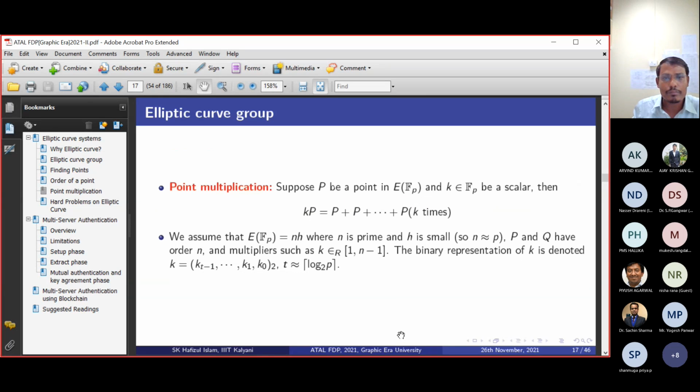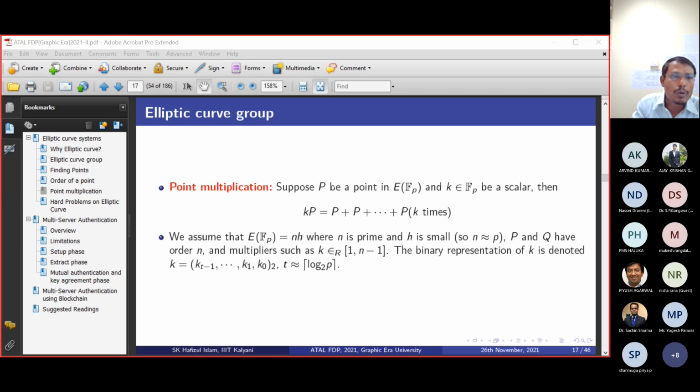So this is called the point multiplication operation. Here k is a scalar like 5, 10, 7, whatever, multiplied by an elliptic curve point. This kind of operation you have never encountered, so it is not a simple multiplication. What you can do here is use the concept of repeated addition. So kP means we are adding P plus P plus P, k times.